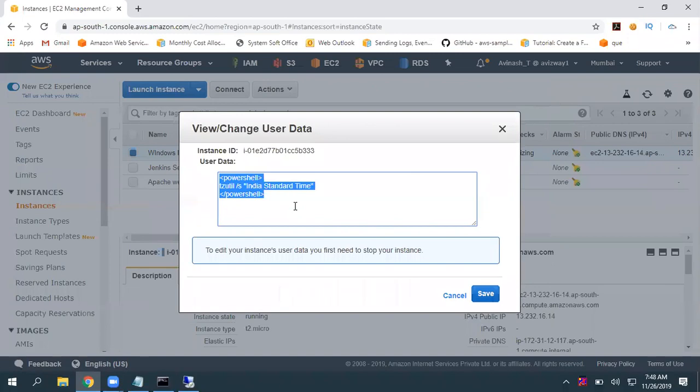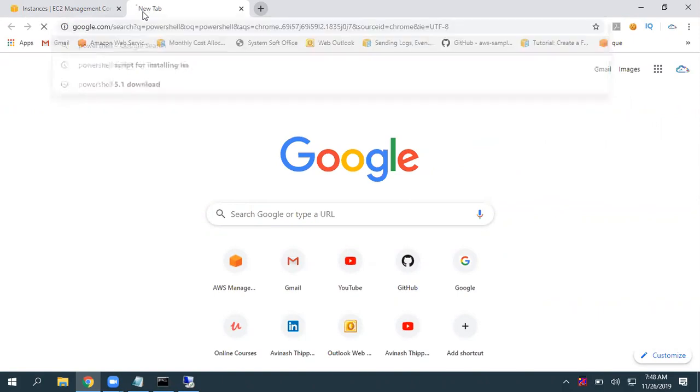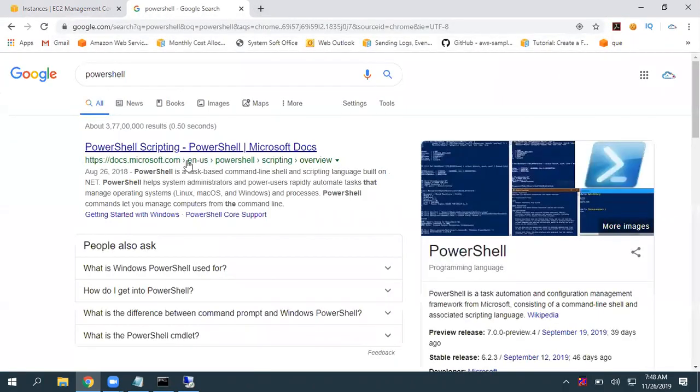So if you want to test it, you can launch another EC2 instance without giving this user data and observe the time zone. Then launch another EC2 instance by giving this, then you can observe. So you can find many PowerShell scripts, whatever task you want to perform. So you can perform it by using PowerShell scripts if it is a Windows operating system. So this is PowerShell scripting.